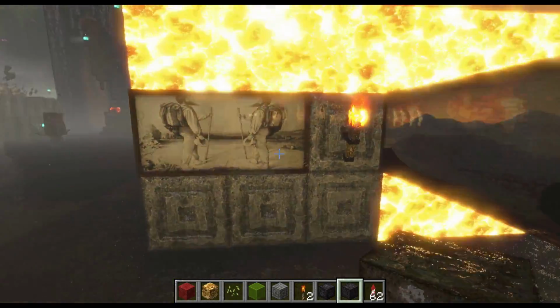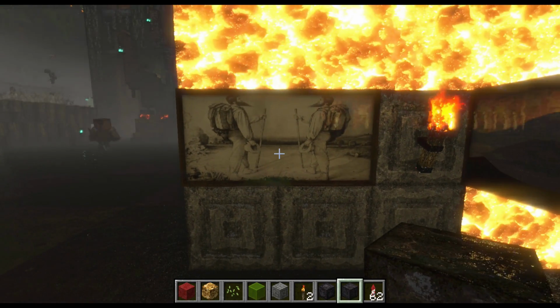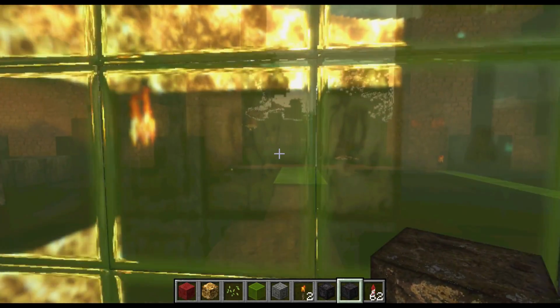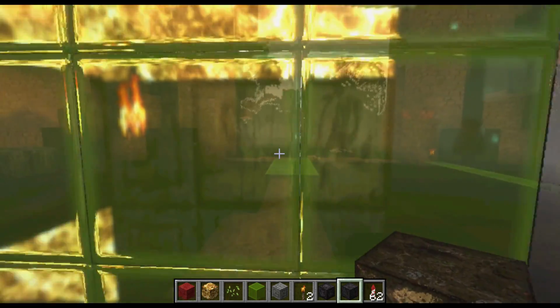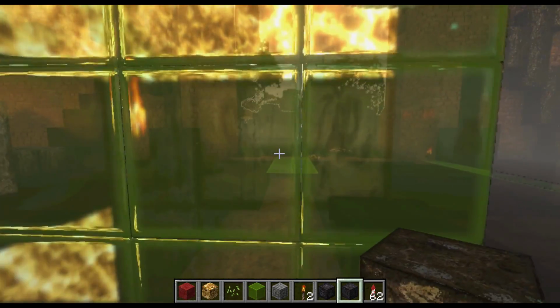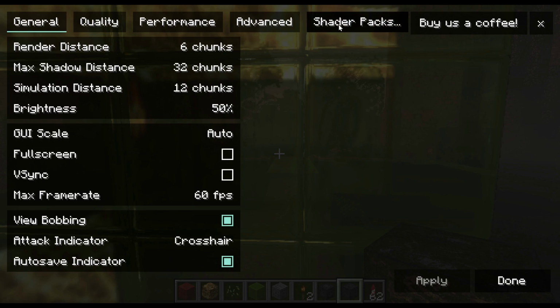And on low here, it's just capturing the map and treating it as a 2D thing. So you can see this painting and torch are here. But if I move towards it, the reflection doesn't get closer or further away. But if I go on a higher setting,